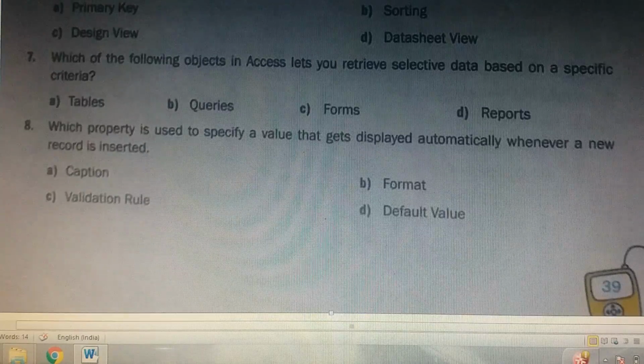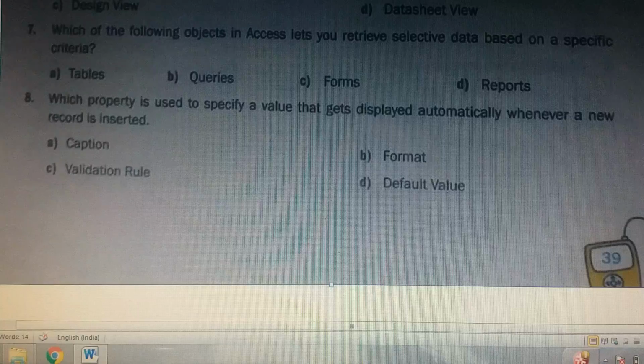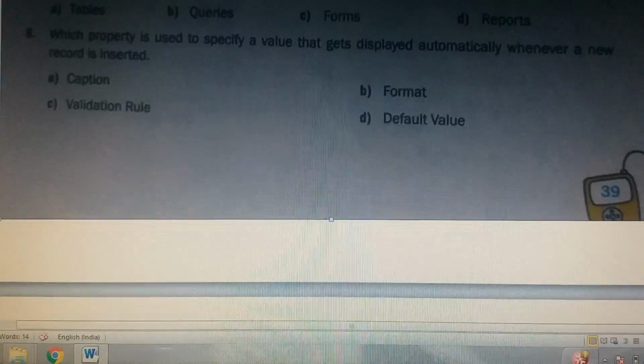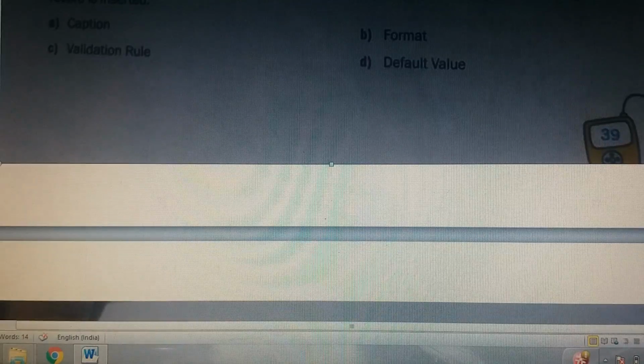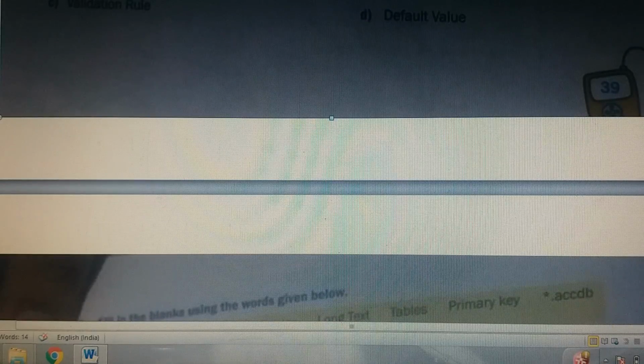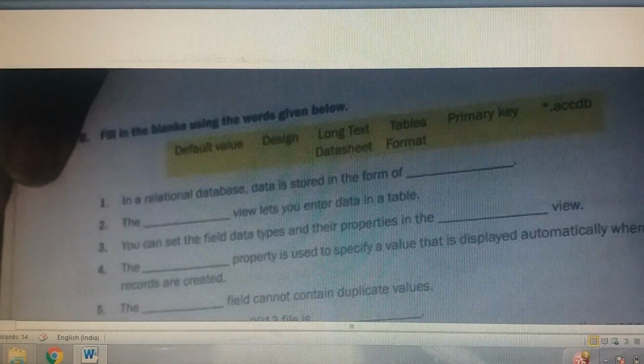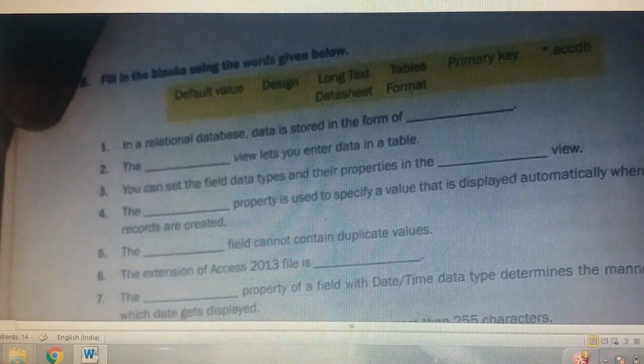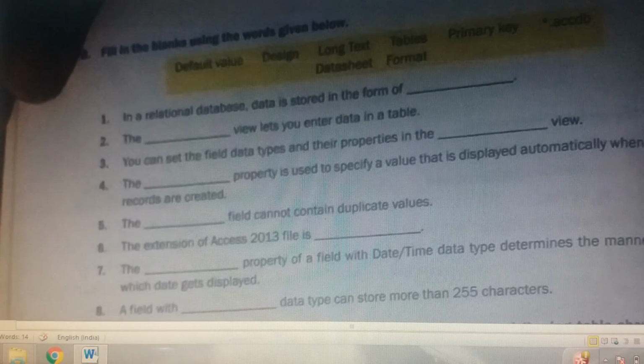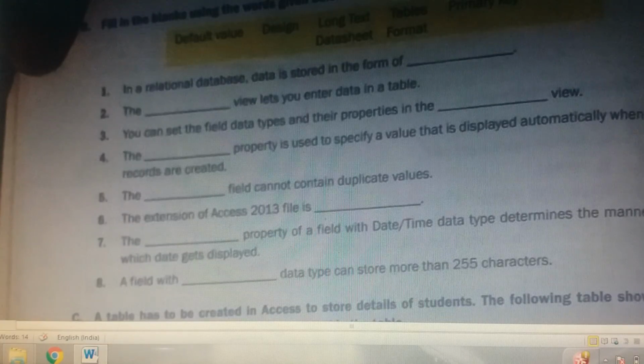So in case of gender, I can put male as a default value, and whenever the record of a girl comes, I will change the value to female. Clear? Got it? Because most of the students are boys, I can put the default value of the gender as male, and whenever required, I will change it. Since the number of girls is very small, only for those records I have to change the gender value. Clear? Now it comes to the